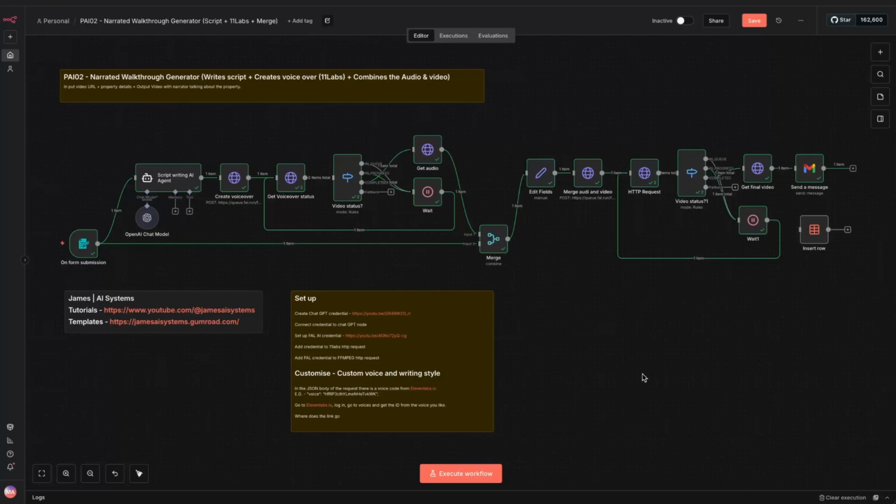Hey, in this video, I'm going to be walking you through how to set up this narrated walkthrough generator workflow. So what we're going to be covering is how you get this up and running from the template. If you download the template,